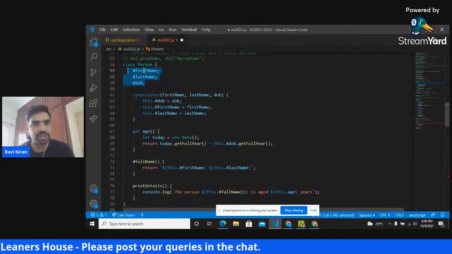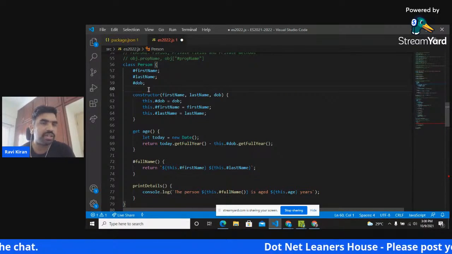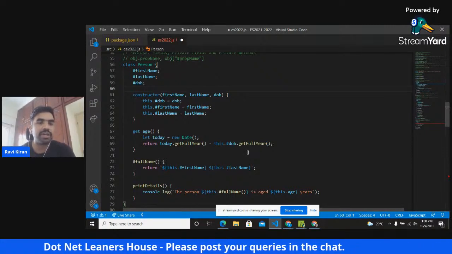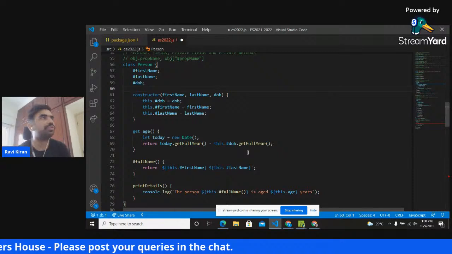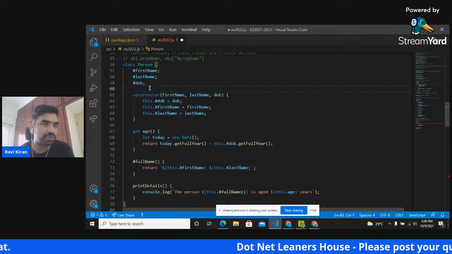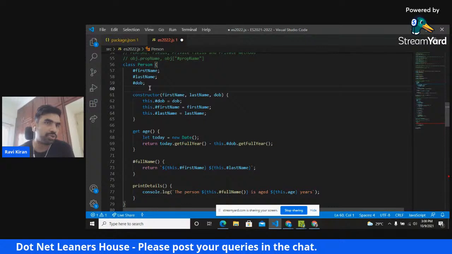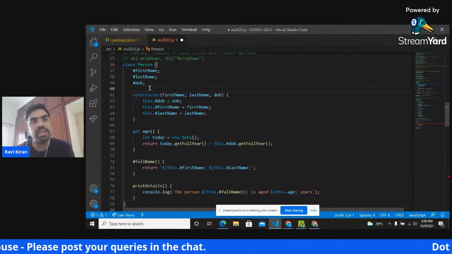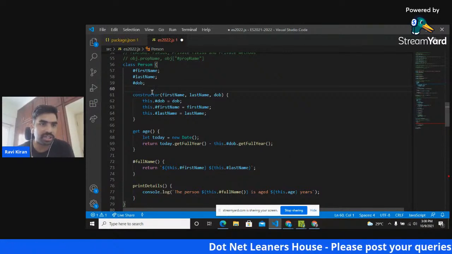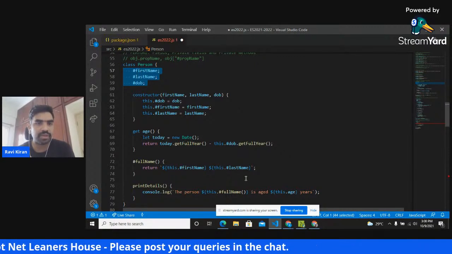So now this field declaration brings implicit documentation, or implicit readability, to your classes. Say for example you wrote this class today, and tomorrow you came back and forgot what fields you have used in this class. At first look at the class itself, you can find out what fields you have used. Or if one of your team members is using your code, or someone is reviewing your code to merge the pull request, they can simply see this class and directly understand that you have declared these three fields and you are going to use them inside this class. Okay.